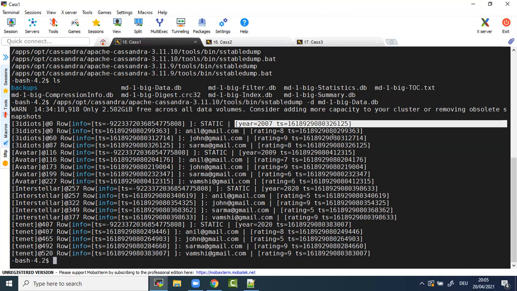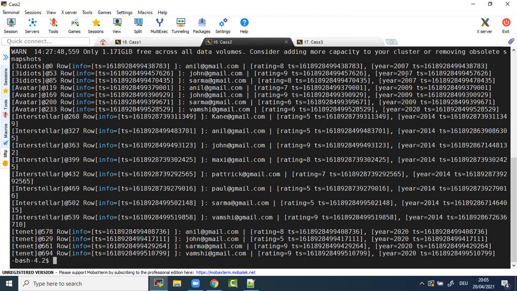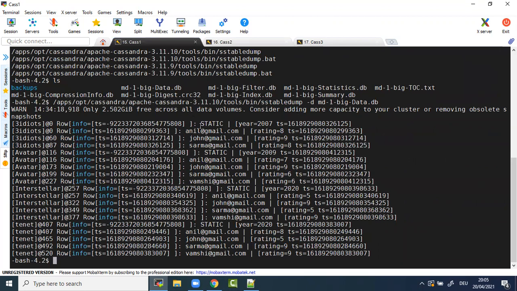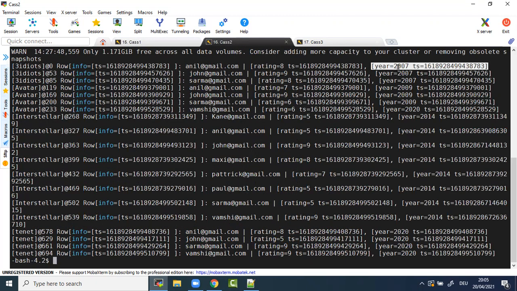So that is the advantage. When you have a static column, it will get stored inside the partition key. Here, it is getting stored inside the clustering column, but your static column will sit with the partition key. Now, what is the advantage of having this? Here, when you want to change it, you have to pass the entire partition key and clustering column. That's how you can change it. But here it is different.